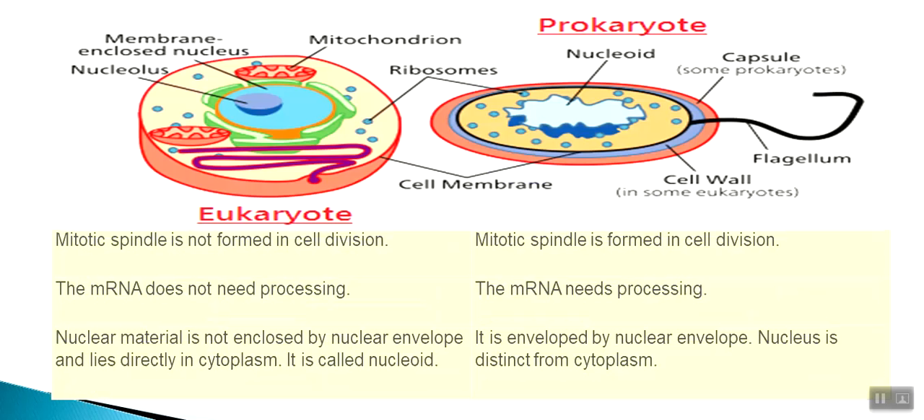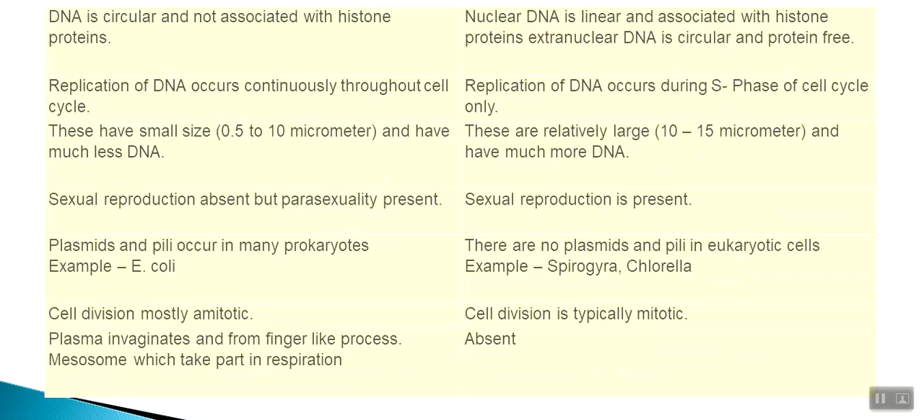In eukaryote, mitotic spindle is not formed in cell division. The mRNA does not need processing. Nuclear material is not enclosed by nuclear envelope and lies directly in cytoplasm. It is called nucleoid. And in prokaryote, mitotic spindle is formed in cell division. The mRNA needs processing. It is enveloped by nuclear envelope. Nucleus is distinct from cytoplasm. In eukaryote,